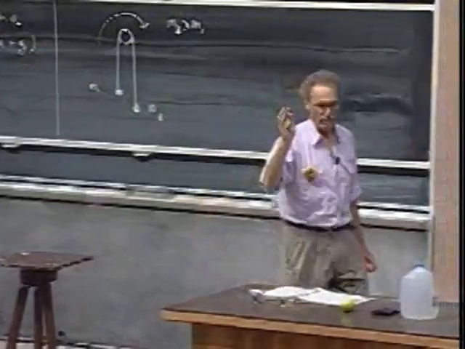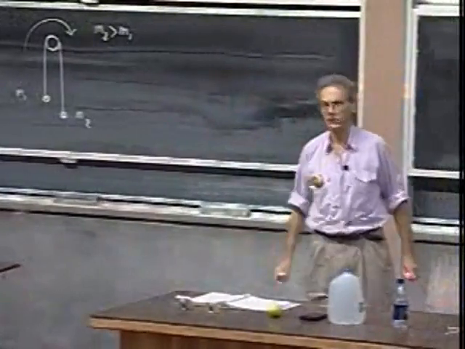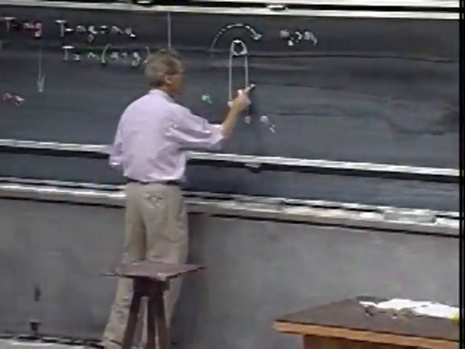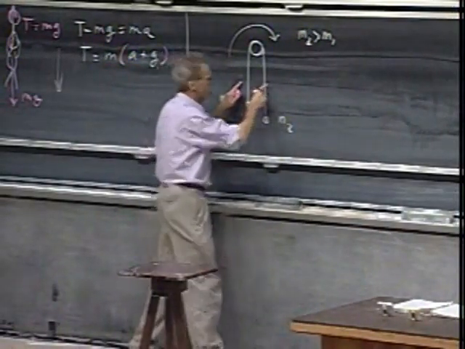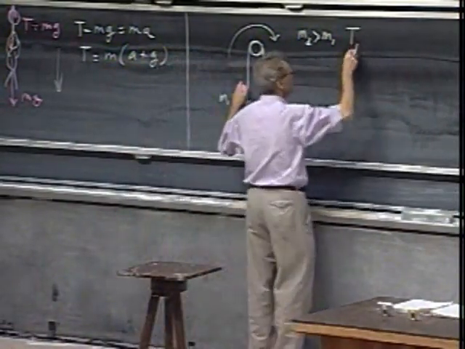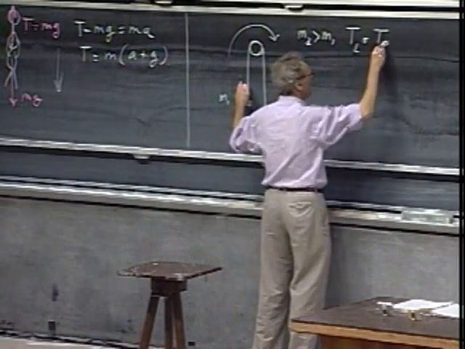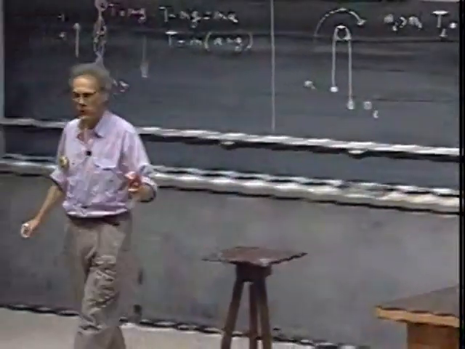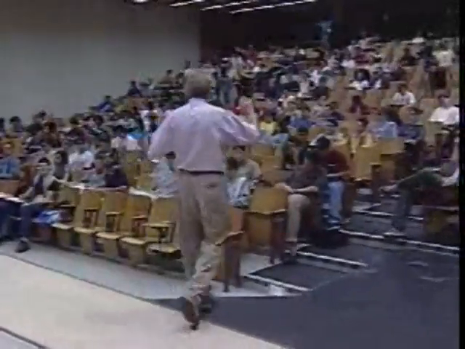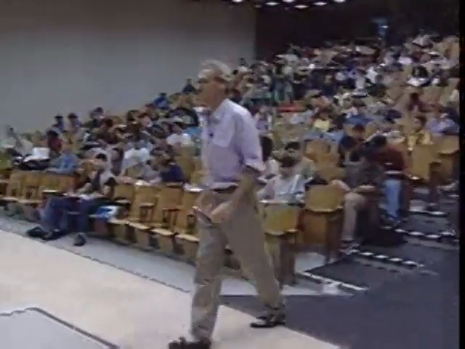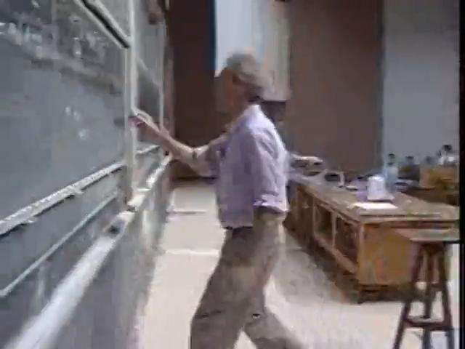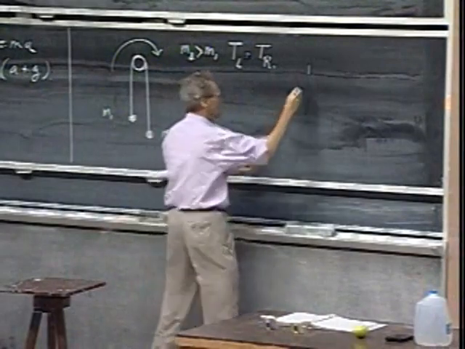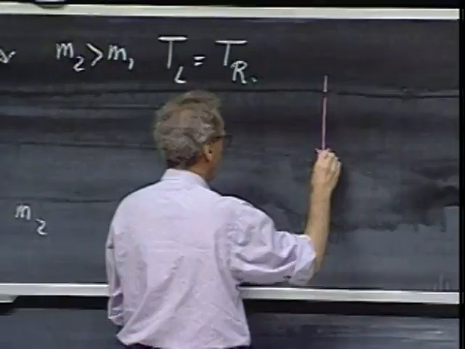What comes now is important, that you grasp that. I claim that the tension on the left side must be the same as the tension in this string on the right side. T left must be T right. Why is that? It is because the pin is frictionless, and it is because the string is massless. Take a little section of the string here. A teeny little section. If there is a tension on it, that is a force in this direction, and there is a force in this direction,